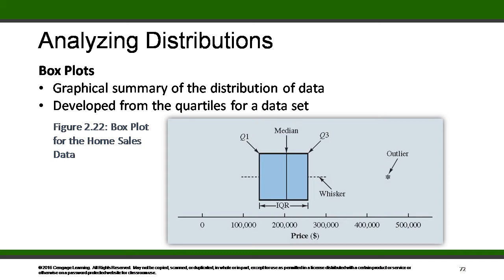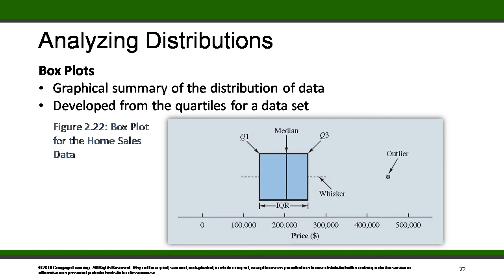By using the interquartile range IQR, that is equal to Q3 minus Q1, limits are located. The limits for the box plot are 1.5 IQR below Q1 and 1.5 IQR above Q3. For the home sales data, IQR is equal to Q3 minus Q1 equals 256,625 minus 139,000, that is equal to